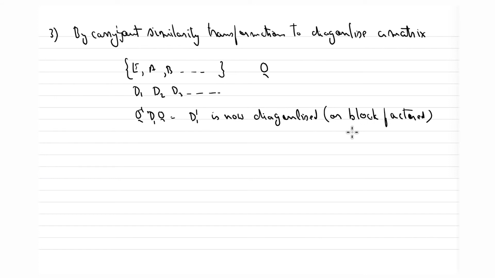Once you have block factored a matrix, you can now write it as a linear combination, and then you arrive at irreducible representation. But this is not a very straightforward method. Finding Q is a big challenge, right? Because it is not apparently intuitive. What will you use to multiply here to find a new matrix which is now diagonalized? It's not straightforward. So we'll not be discussing this, but this is a way to do it.